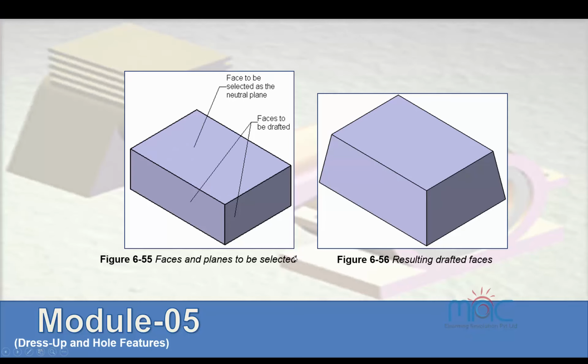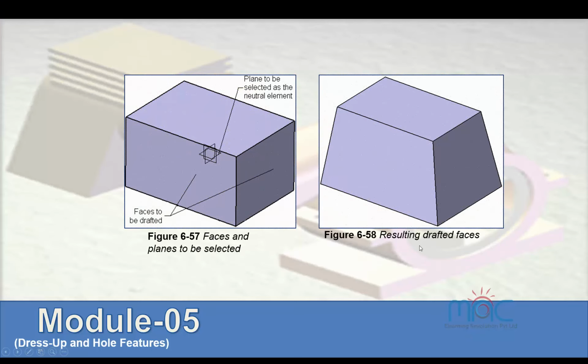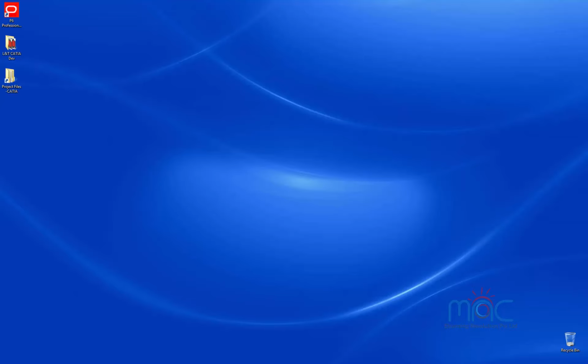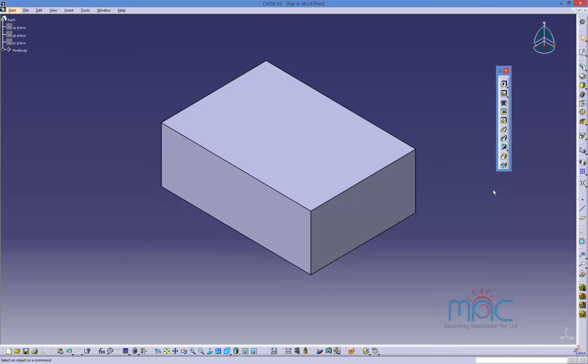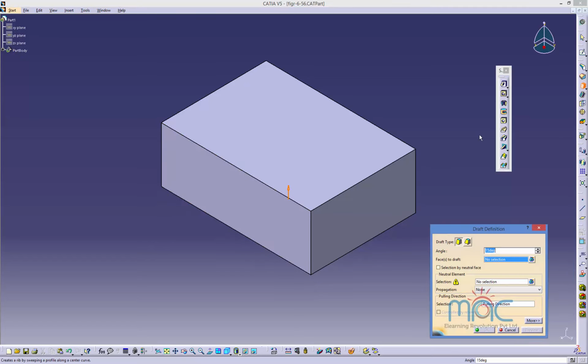Now we'll explore the advanced options here. Instead of your face as the neutral plane, you can select your datums or these planes and also do the same operations. And the resulting draft can also be found in the same way. For example, I'll just select and delete that draft so that I could show you how to create that reference plane concept. And here are the reference planes. So what we need to do is